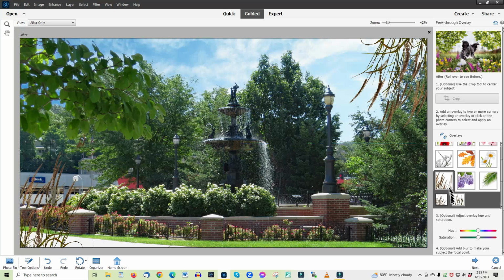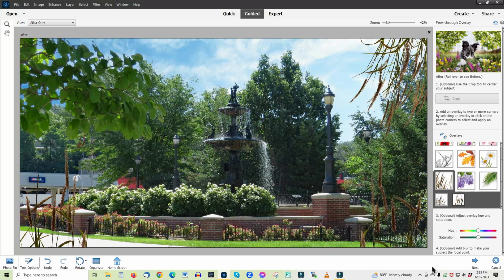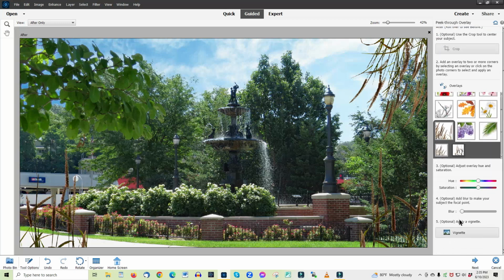And to get carried away here, we could even put those same type of growths over here on the right, like that. That takes care of the peek through overlay feature. So when we're done with that, we go to next. Actually, we could have done a vignette or blurred. The blurred feature, oh, I see, I have